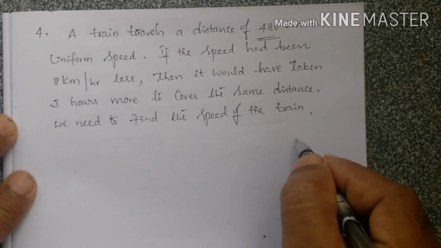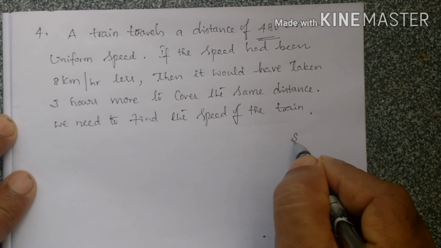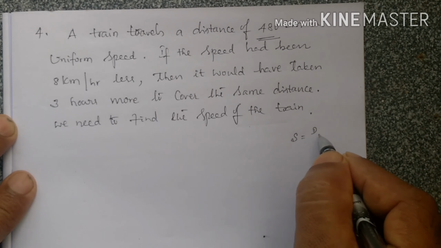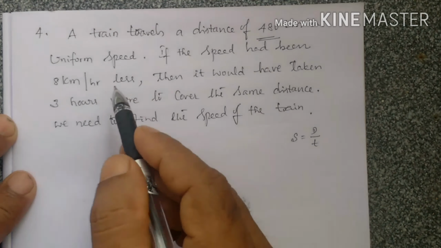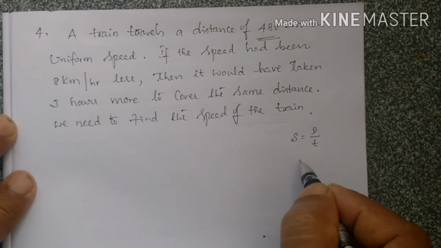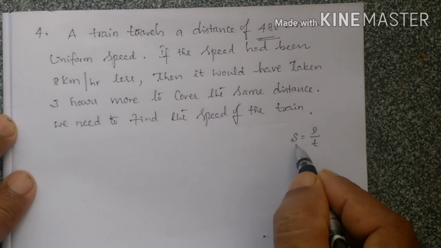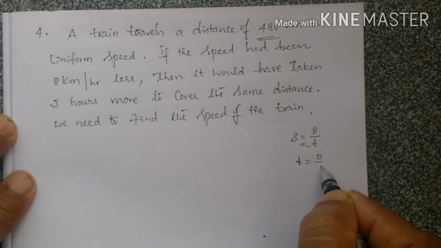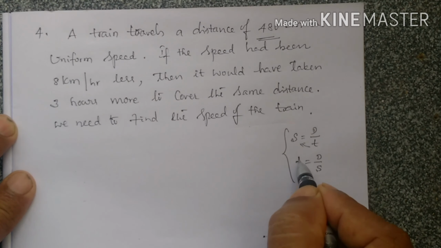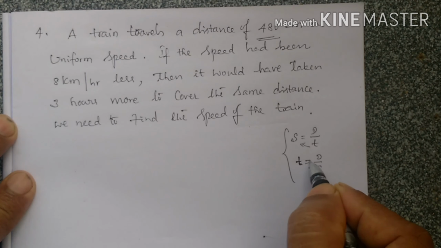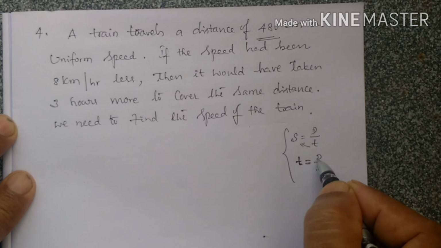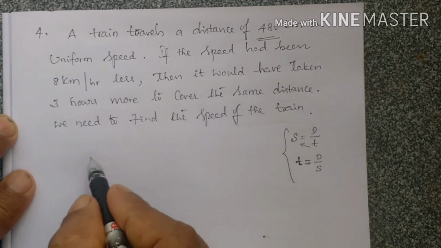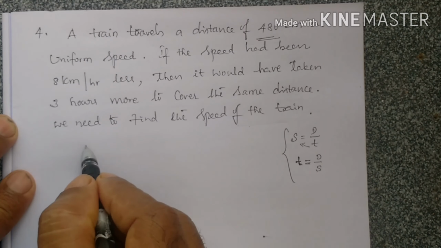So basically you should know the formulas related to speed, distance and time. Speed is equal to distance by time. However, here in terms of time they have given, so therefore I am going to write this, just by cross multiplying, T is equal to D by S. So time can be calculated using the relation distance by speed. So here speed is the unknown, so it's very easy to identify.